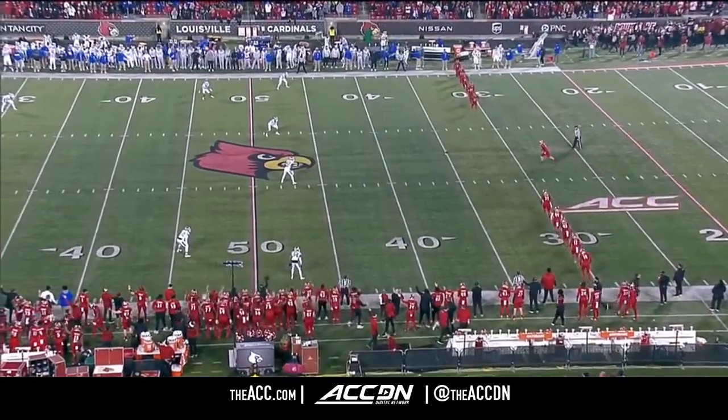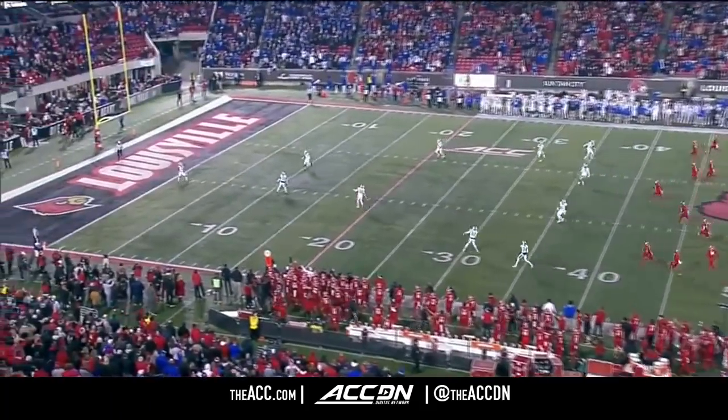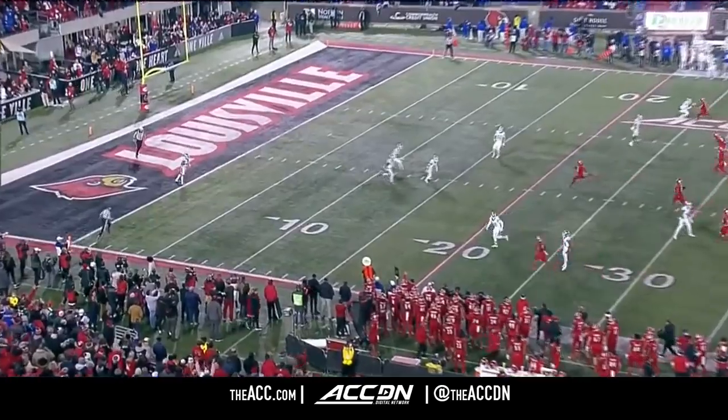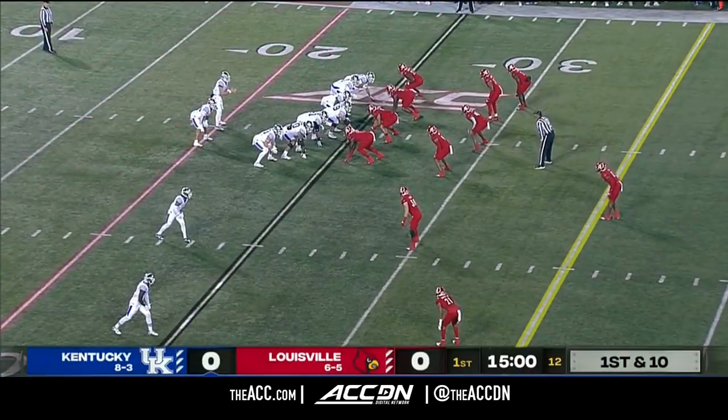I-64 from Lexington. Brock Travelston. Toe meets leather, and we are underway. Zach Johnson will take it from the goal line, and the fair catch means